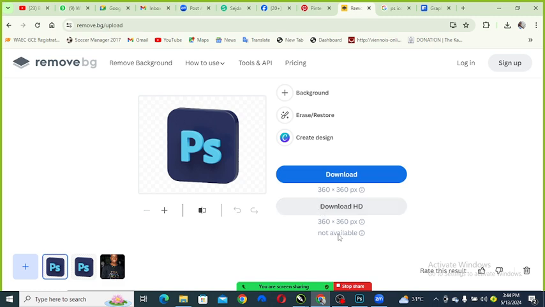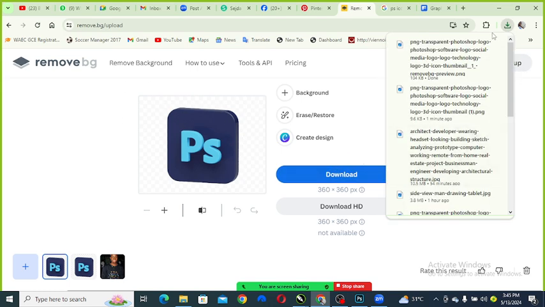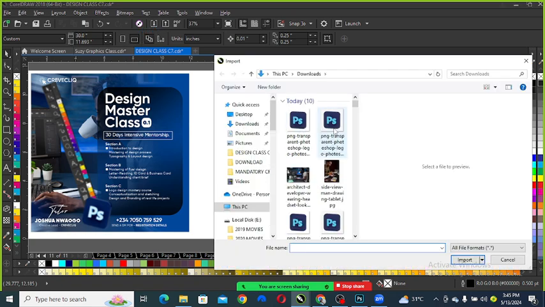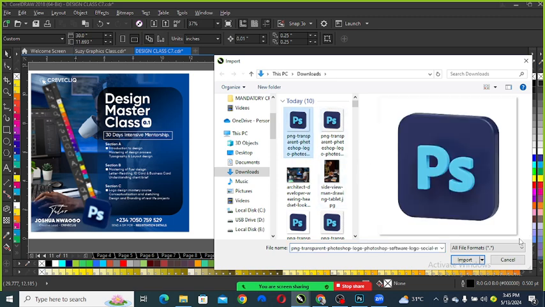Right, so for the HD version, you have to be a subscribed partner or sign up. Since it's not a practice class, you can just click on download and you download it. But beware, because the picture might not be as high resolution as you want it. So in case you want to use it at a later time, you pay for it. So click on this, import it,